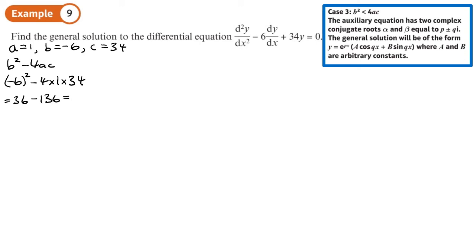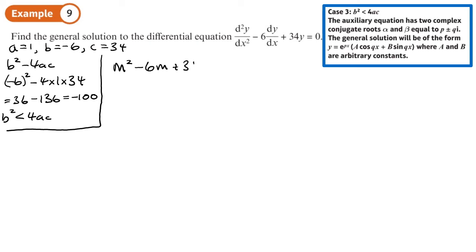Okay, so that's going to be -100. So b squared is less than 4ac. So that means I'm going to have these complex roots. So I'll still form the auxiliary equation. So m squared minus 6m plus 34 equals 0. Now this one I know isn't going to factorise